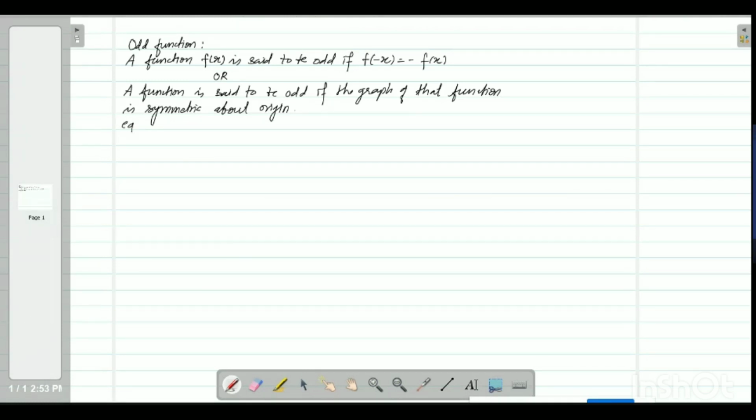For example, if I take the function x cube,